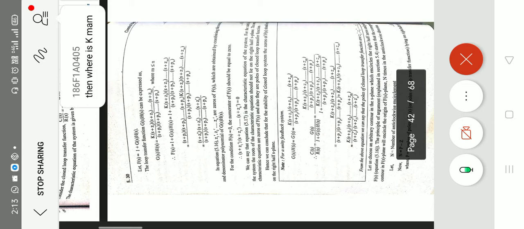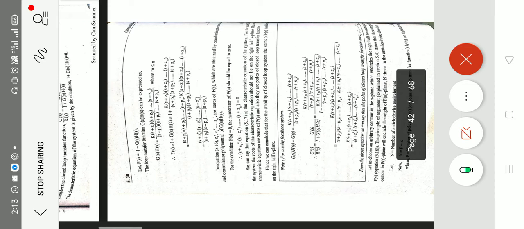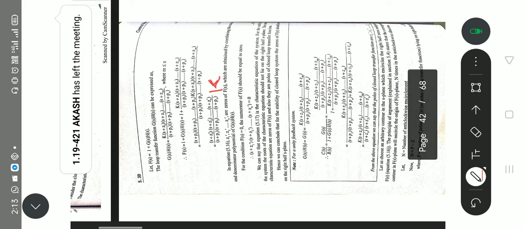Here F(s) is equal to 0, we can equate it with 0. We can take the K value here. The K value is as it is there. He didn't write it here, but some mistakes are there in books. K is there, here (s plus p1) into (s plus z1), meaning (s plus z1 dash) here.